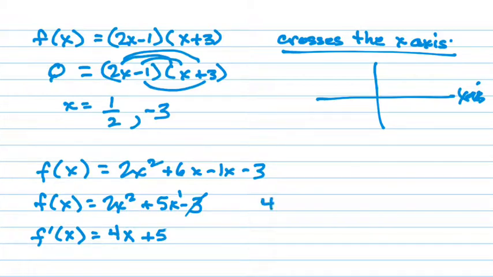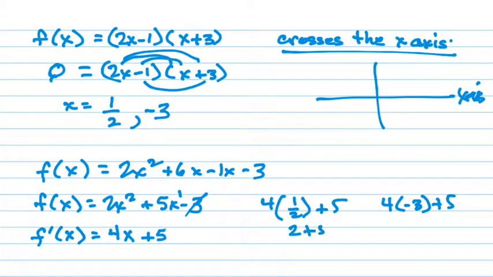So the first one is 4 times 1/2 plus 5. The second one is 4 times negative 3 plus 5. Solving the first one, 4 times 1/2, half of 4 is what? 2 plus 5 makes 7. Over here, 4 times negative 3 is negative 12. And negative 12 plus 5 is,